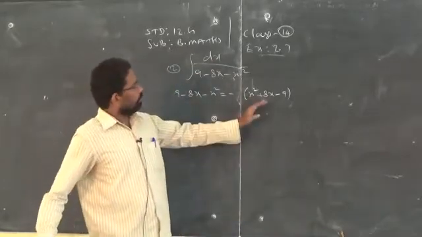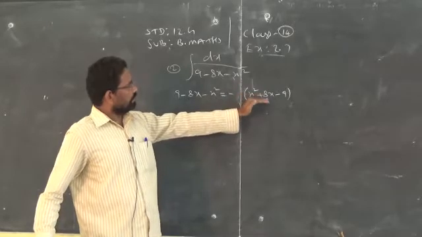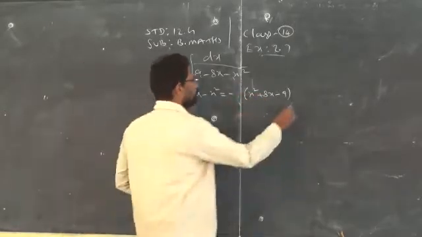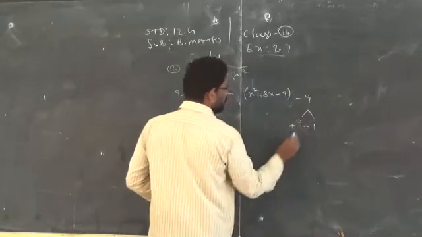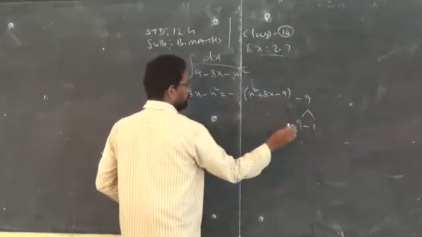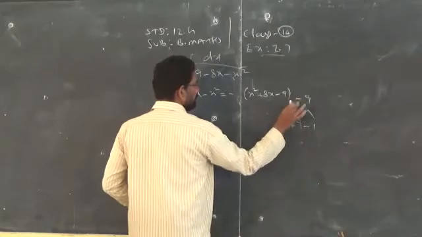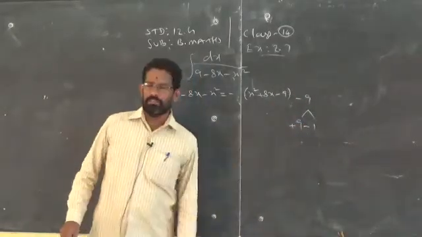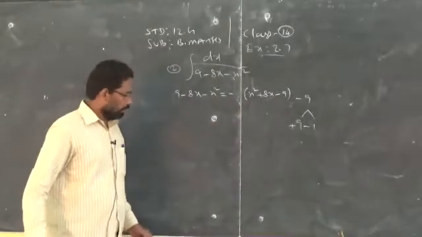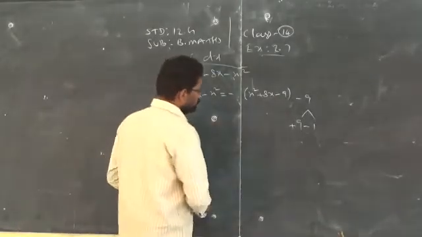Even if you follow the partial fraction method, you will get the answer, because it is easily factorizable. 9 times 1 is 9, plus and minus, you get 9 minus 1, 8, plus 8, plus into minus is minus, 9 times 1 is 9. So even if you follow the partial fractions, you will get the same answer. Clear? Now I am solving this problem by using the formula.